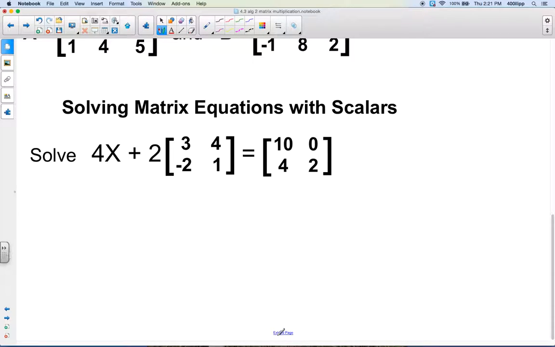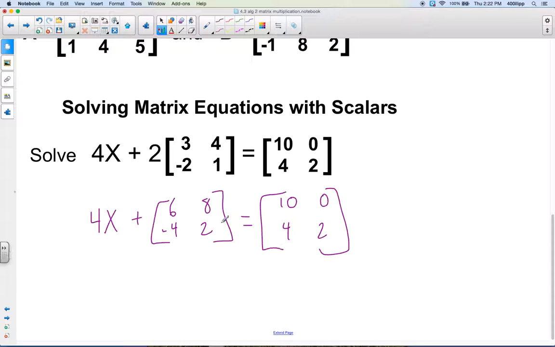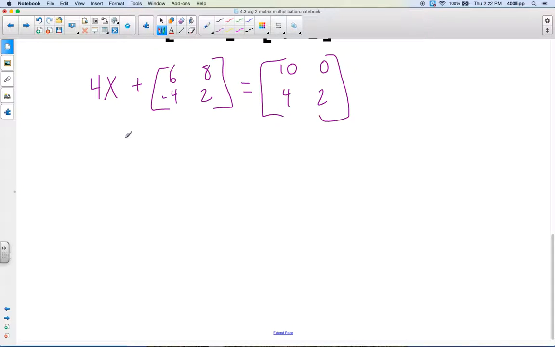Okay, so a little bit more here, one more like this, where we're solving matrix equations with scalars. So the first thing is to multiply in your scalar. So I'm going to just bring this down, 4x plus, I'm going to multiply this scalar to every element in this matrix here. 2 times 3, 6. 2 times 4, 8. 2 times negative 2 is negative 4. 2 times 1 is a 2. And then we're going to simply bring over that matrix by subtracting the entire matrix over, right? Since it says add this matrix, to get it to the other side, we're going to subtract that matrix. So subtracting this to the other side here,